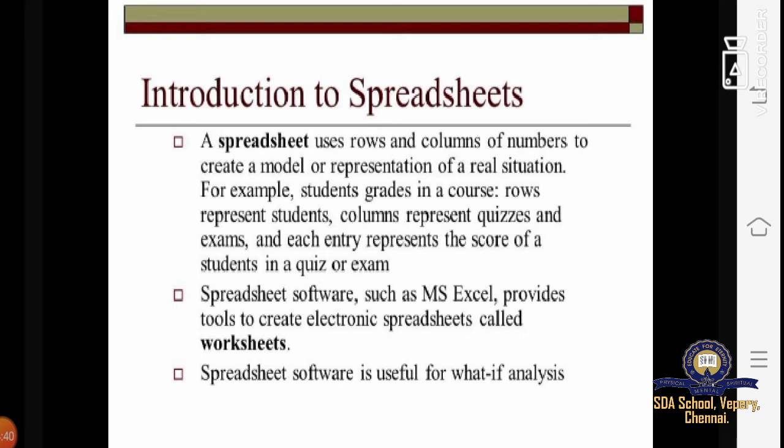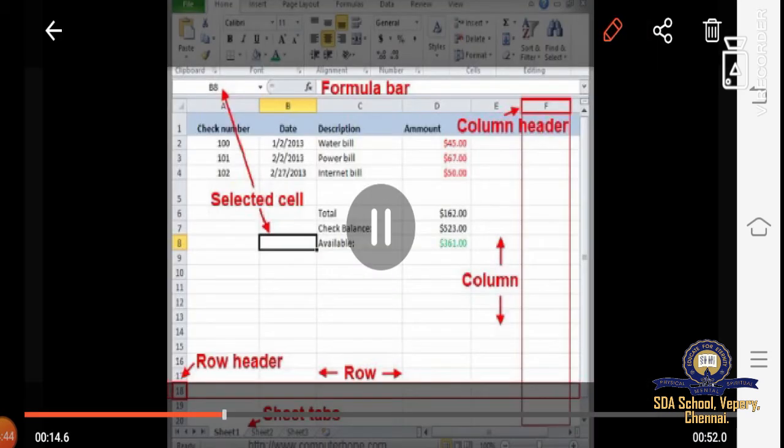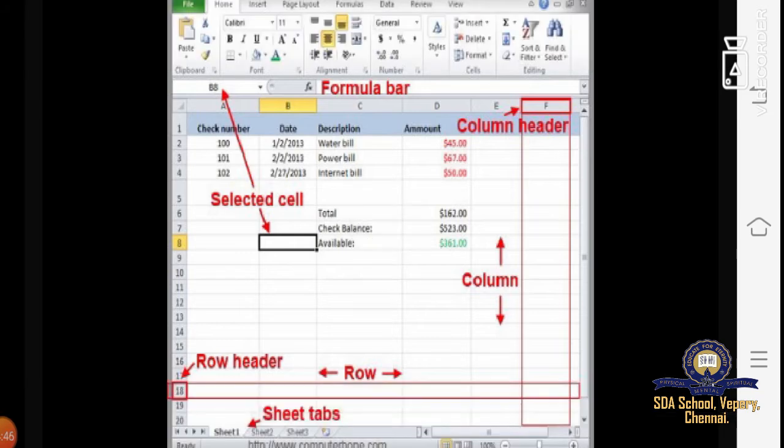Now we'll study what if analysis. And this is the structure of a spreadsheet, children. Please look at this diagram. The first one I'm going to tell about is the formula bar. Right on top, this whole thing is called a ribbon.